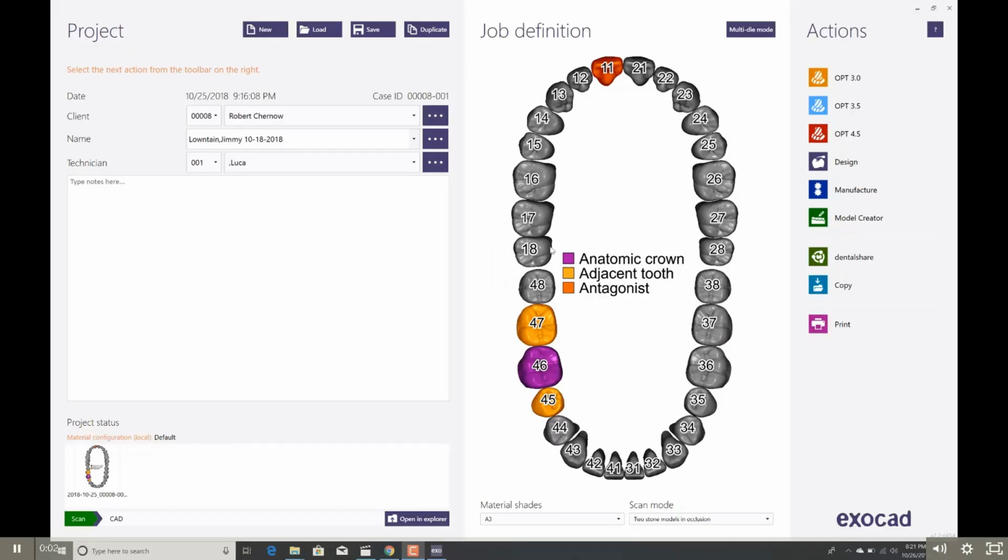Let's continue what we left in the previous project. If you click on this icon, EXO will bring you directly to your personal scanner, where you will be able to scan all of the STL file needed for this specific project. Once you do that, if we open in Explorer,